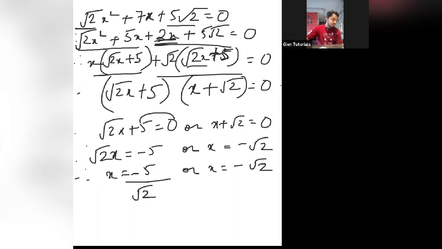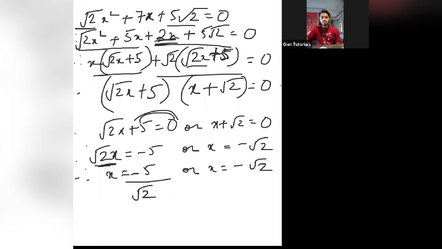I hope you all are getting it. I hope everyone has got the answer. Did you all understand till here? Any doubt? Again, I'm saying this plus 5 comes on the right, becomes minus 5. And then root 2 is multiplied here. It comes on the right, and when multiplication is there on the left, it gets divided on the right. If division is there on the left, it gets multiplied on the right. If addition is there on the left, it gets subtracted on the right. And if subtraction is there on the left, it gets added on the right.